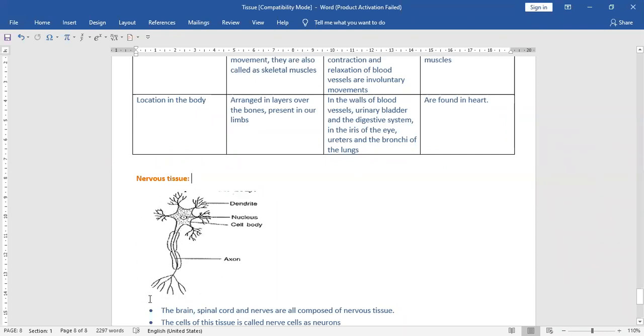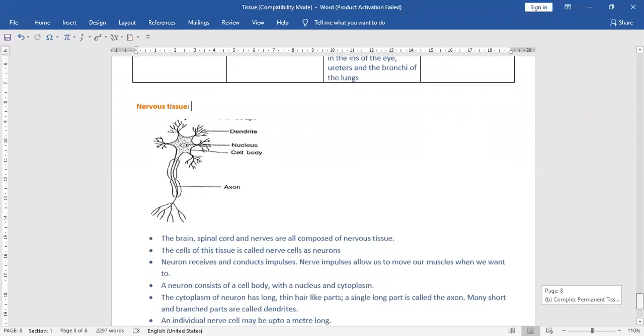Like this, there are many cells connected together, but they are not physically in contact. There is a gap between every cell. So these parts of the cell receive the information, convert it into electrical signals, and that electrical signal message is passed from dendrites to cell body to axon, axon to axon endings, and from axon ending to dendrite of the next cell. This way the information travels through the neuron, nerve cell, nerve tissue, we call it.